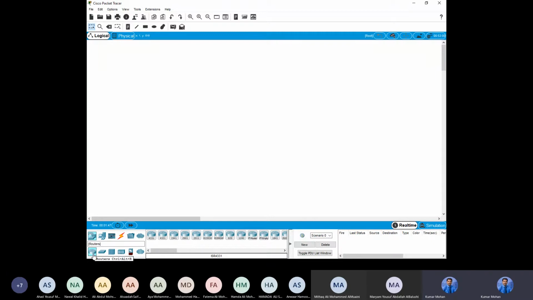What are the devices you will use? Can you see here at the bottom? Yes or no? Can you see my arrow here? If I click on network devices, you have router, you have switches, and you have this wireless device. Next, end devices. If I click on end devices, you have PC, you have laptop, you have server,